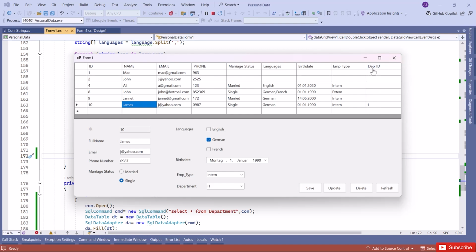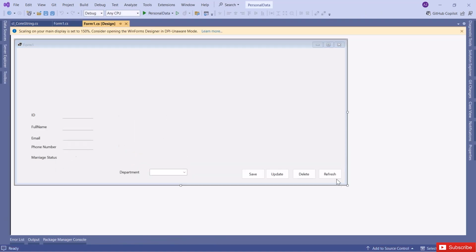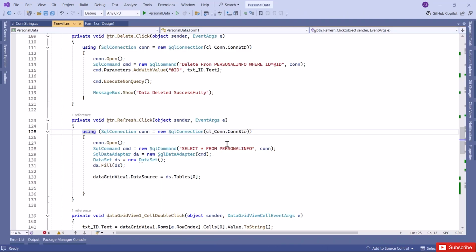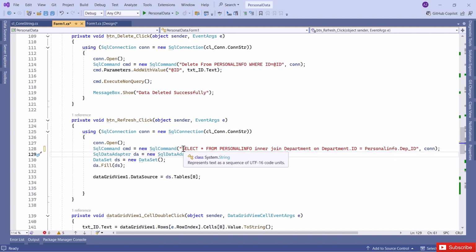And instead of this department ID, I want to show the department name. So let's join these tables together. Stop the project, go to the refresh button, and here is the select. Here type inner join department on department.ID equals to personal_info.dep_ID. Let's test this code and see the differences between the previous code, which is this one, and this new code. Run the project,